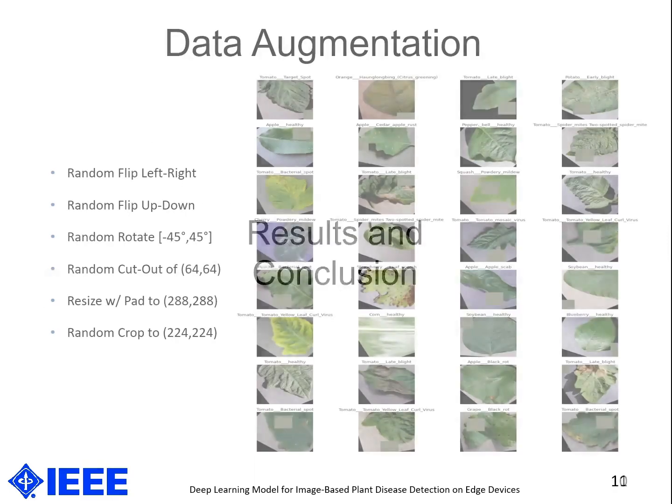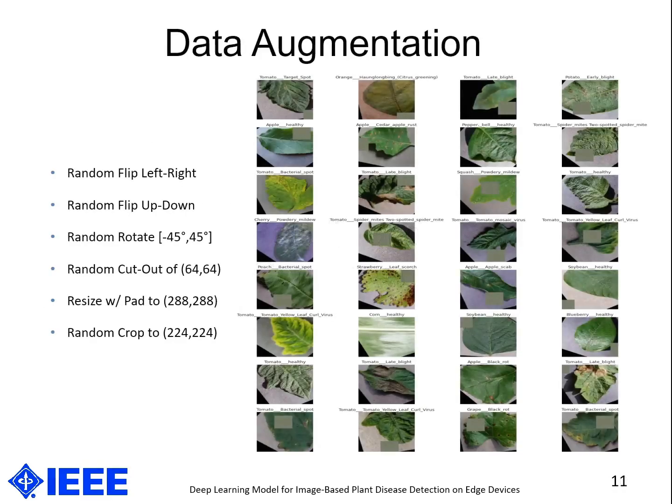Results and conclusion. So this is our PlantVillage dataset. We did very heavy data augmentation. We tried random flipping left-right, random flipping up-down, and randomly rotating clockwise and counterclockwise up to 45 degrees. Random cutout of 64 by 64 was done. Resizing with padding to 288 by 288 was done. Random crop to 224 by 224 dimensions was done, and then this dataset was sent to the models